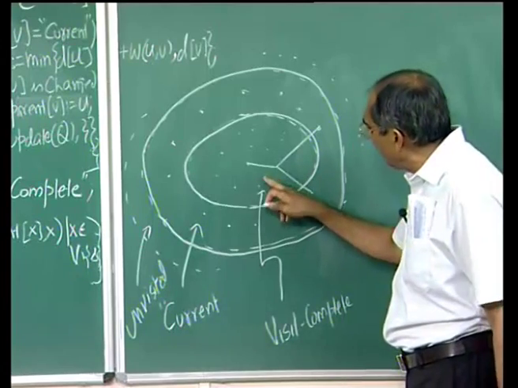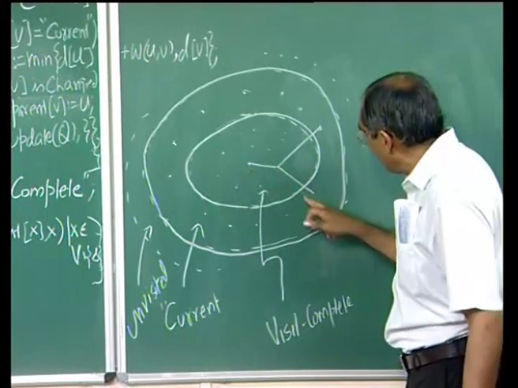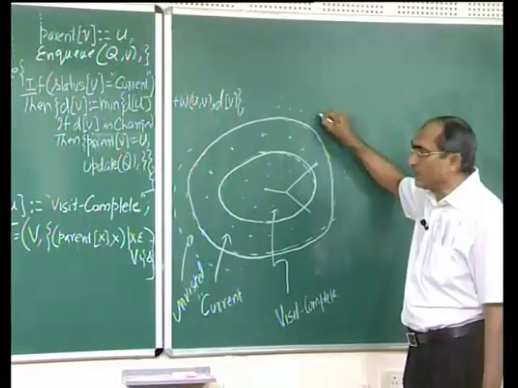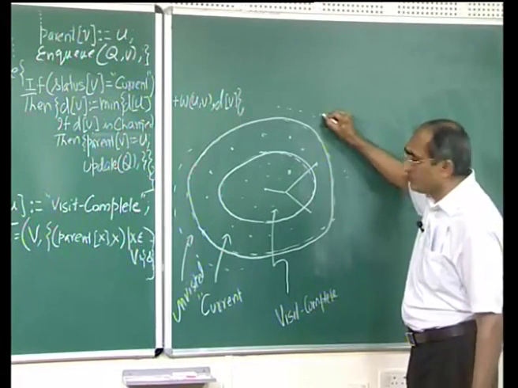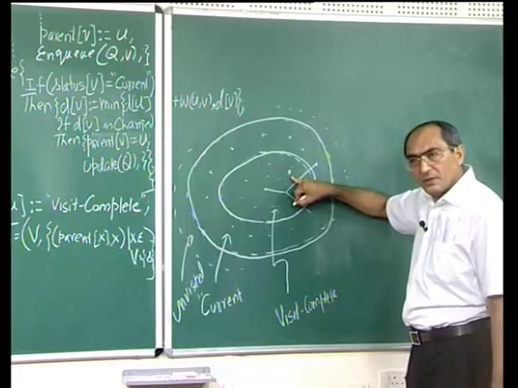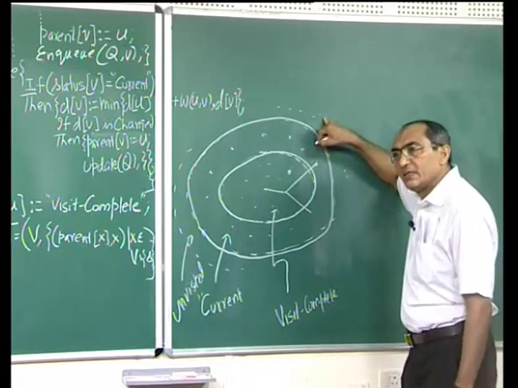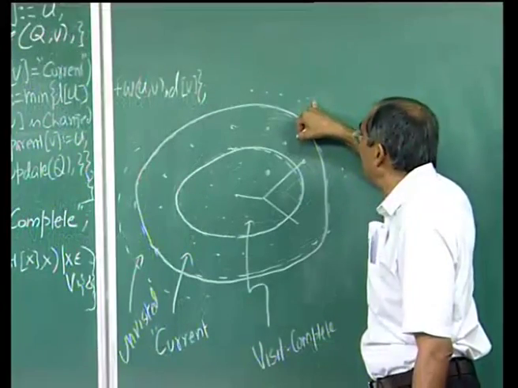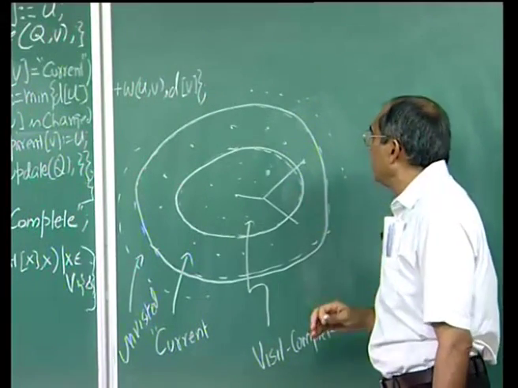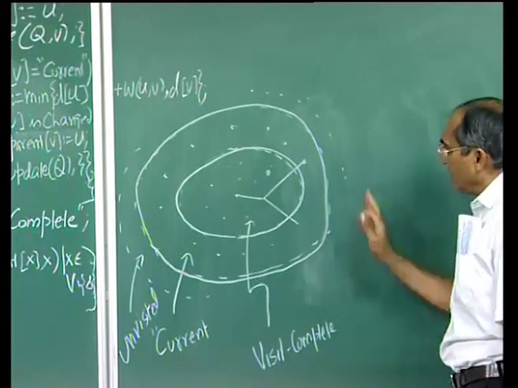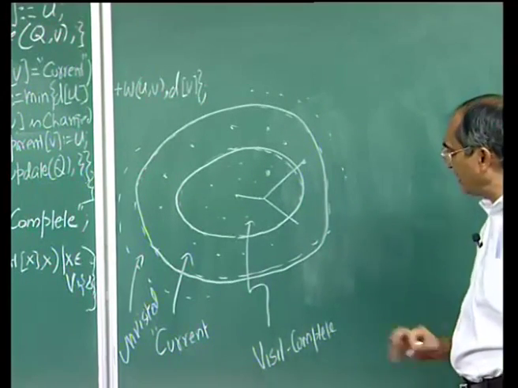Edges from here can run within it or can go here, but no edge can go from here to here, because if there were one, then while expanding this, I would have visited that vertex, I would have set its status to be current, I would have set its d value to be anything, computed through this, and so on. So, this is the situation. We will keep this in mind.